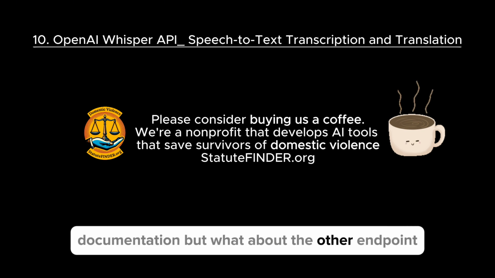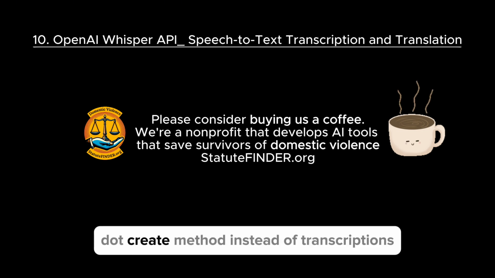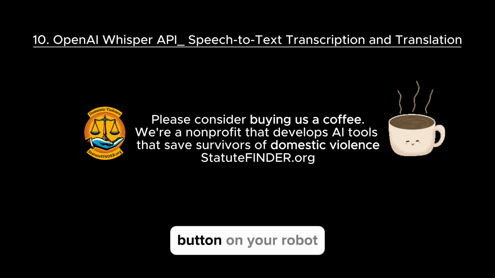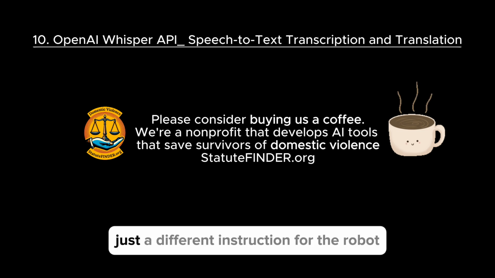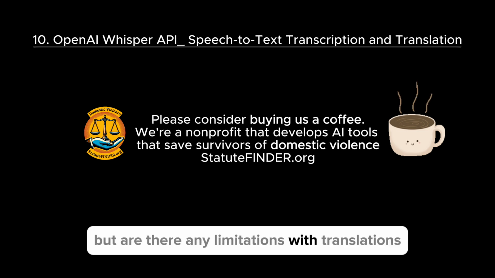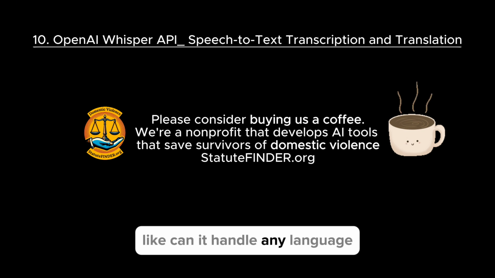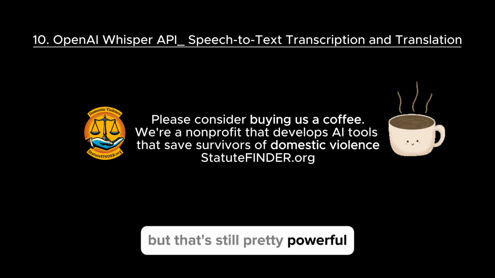But what about the other endpoint, translations? Does the code look similar? Very similar. The main difference is that you'll call the translations.create method instead of transcriptions.create. It's like pressing the translations button on your robot instead of the transcriptions button. Right, so it's the same basic idea, just a different instruction for the robot. But are there any limitations with translations? Like, can it handle any language? Well, currently, the OpenAI API only supports translation into English, but that's still pretty powerful if you're working with audio